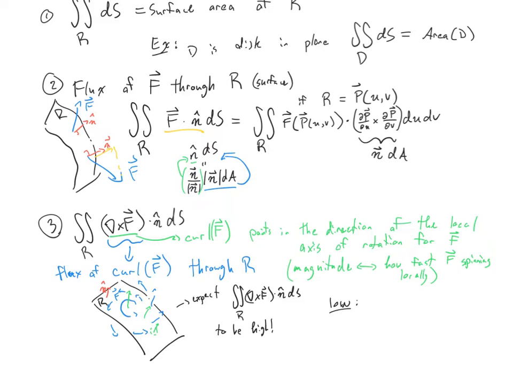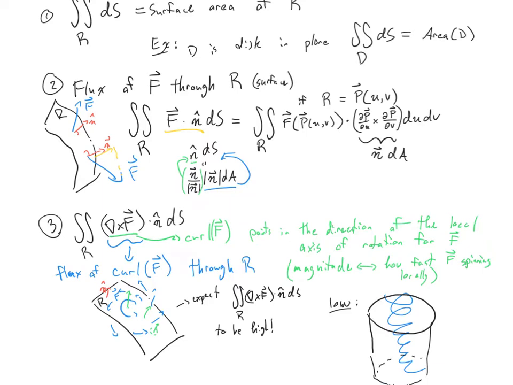If the vector field is like a tornado, and there's this strong vertical axis, but you take your surface to be a cylinder, kind of encapsulating the whole